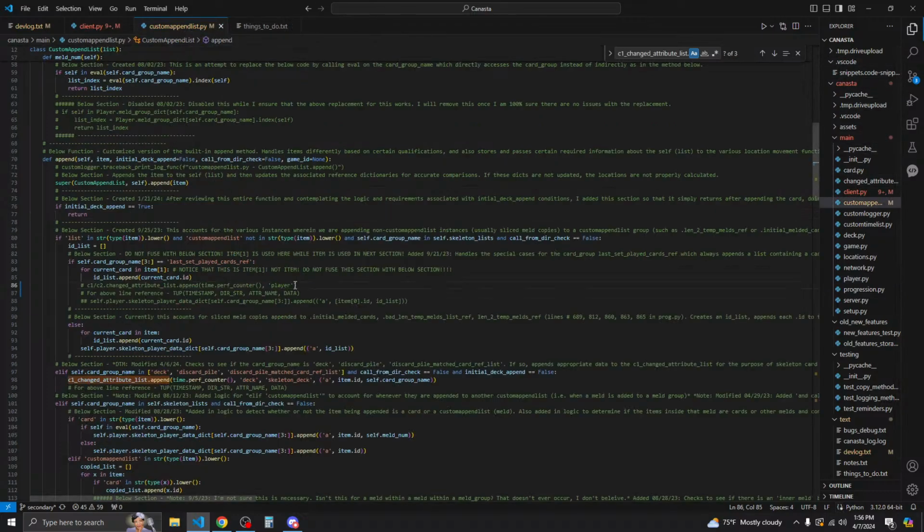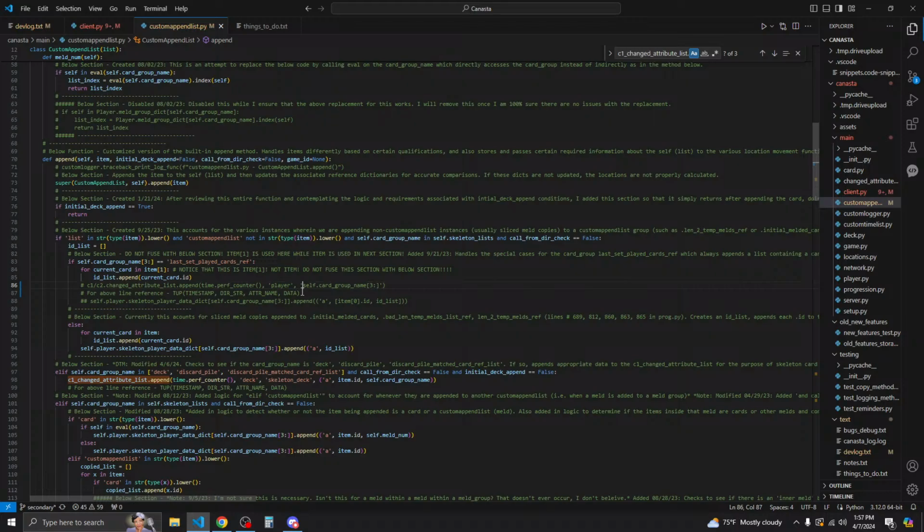So now we can do the adder name, and the adder name is going to be the self card group name, but it's going to exclude P1 or P2. And yeah, that's how we did it before, so that should be the way that we do it now.